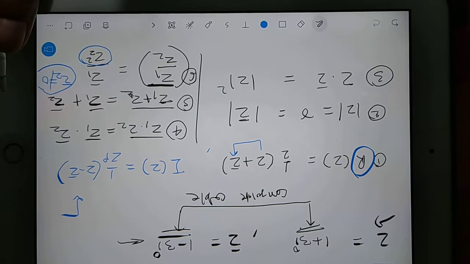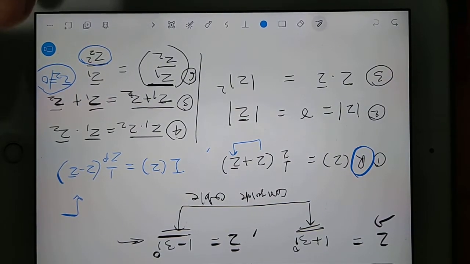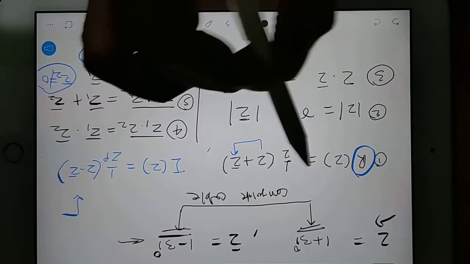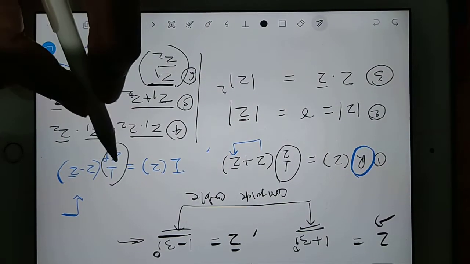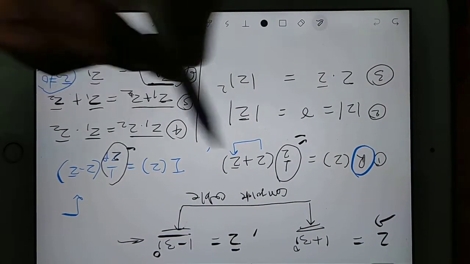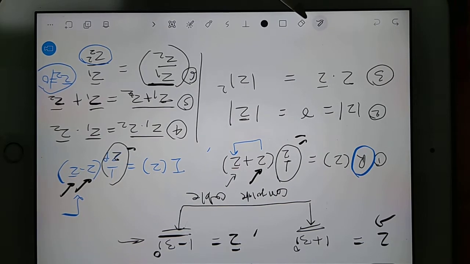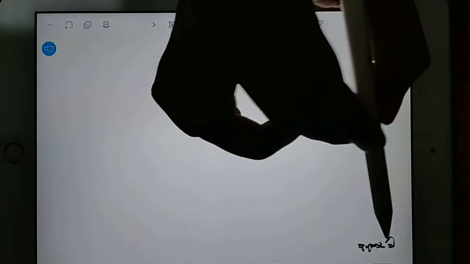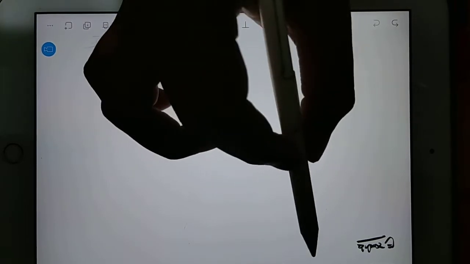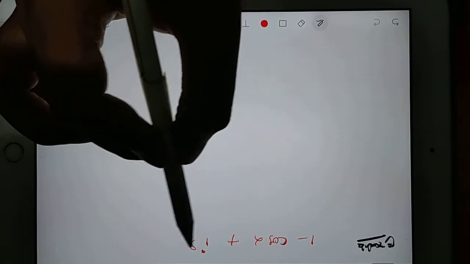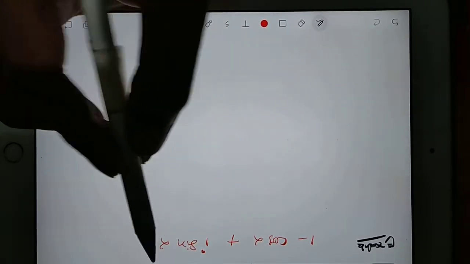Now I take one question where I will discuss how to reduce a given complex number and how to find modulus and amplitude. I will change the page. Take down the example. This one is 1 by 2, and here also it is 1 by 2. This is also 1 by 2, this is also 1 by 2. Here you have z bar, here you have z bar. Okay. Take one example. Suppose you have a function like 1 minus cos alpha plus i sin alpha,